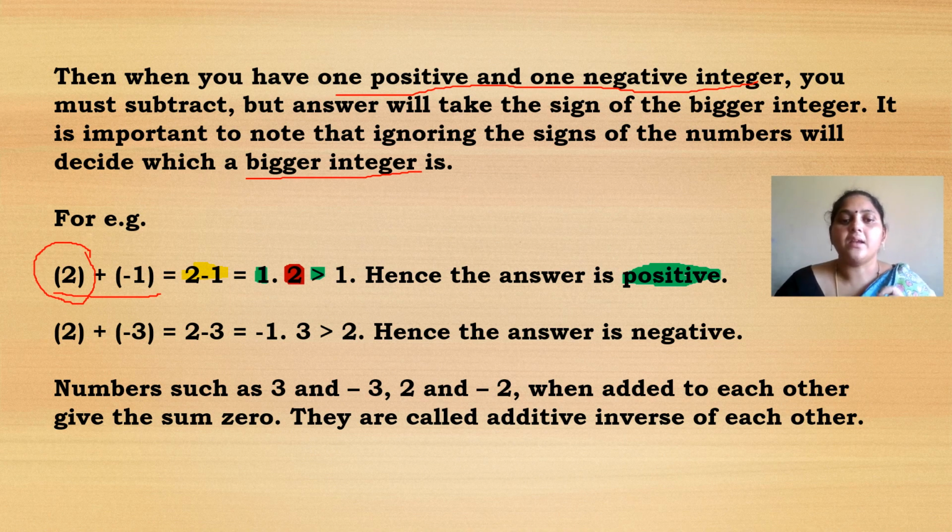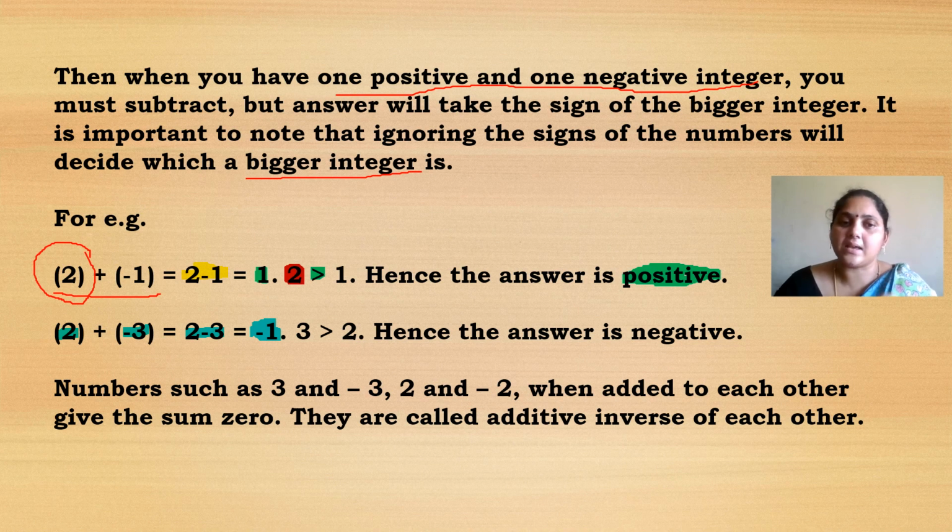In the same way, next I am taking two more numbers, 2 and minus 3. From this you can observe that minus 3 is the bigger one than 2. But before that, you have to subtract both the numbers. So you can take 3 minus 2. Yes, you can do that. How much will you get as the answer? You will get the answer as 1. 3 minus 2 is equal to 1. Right? But here 3 has which sign? Negative sign. That's why we will place a negative sign here.